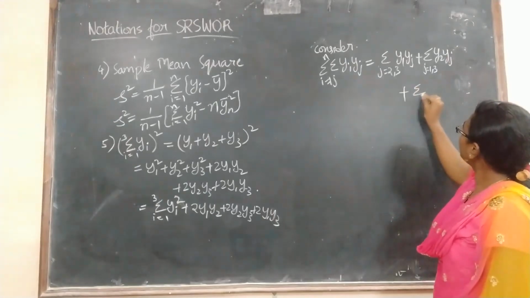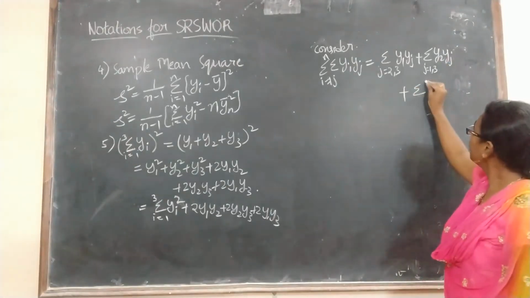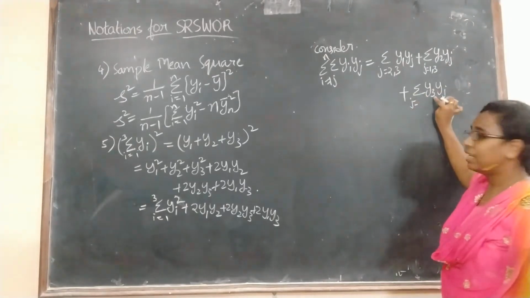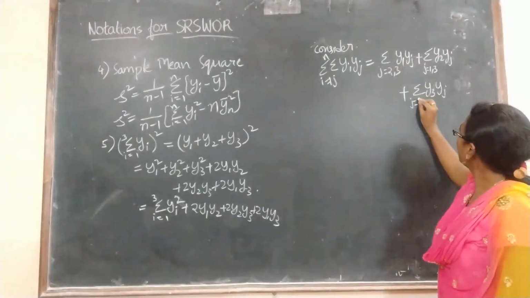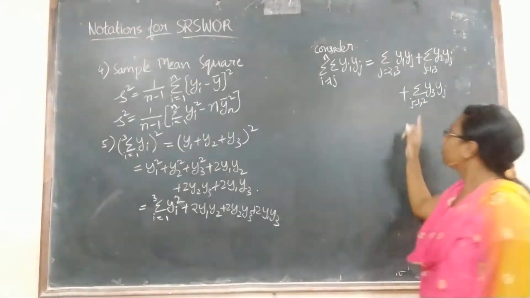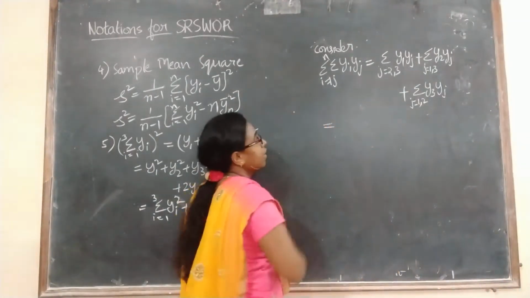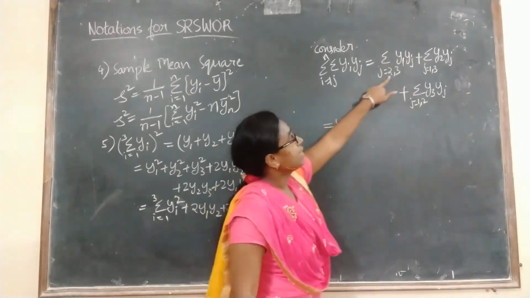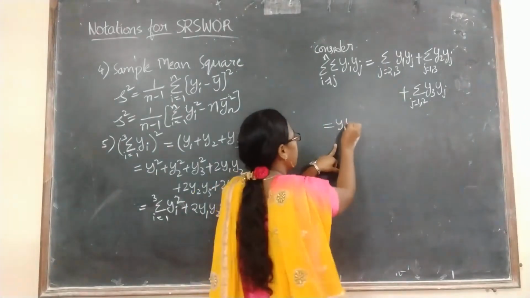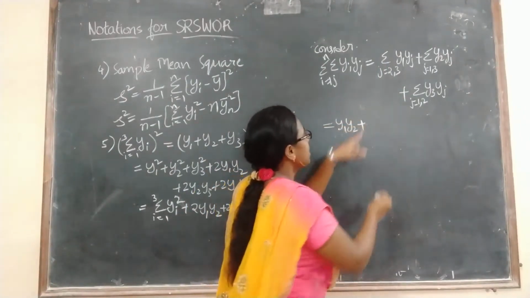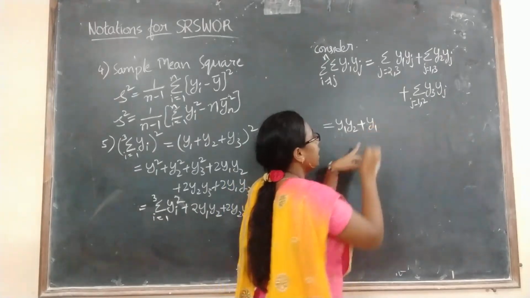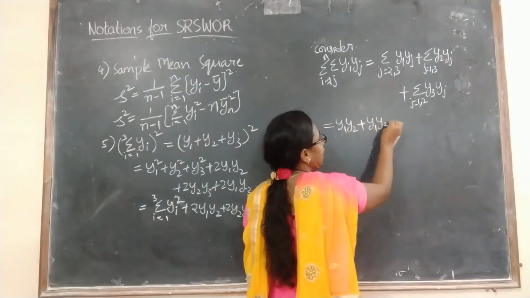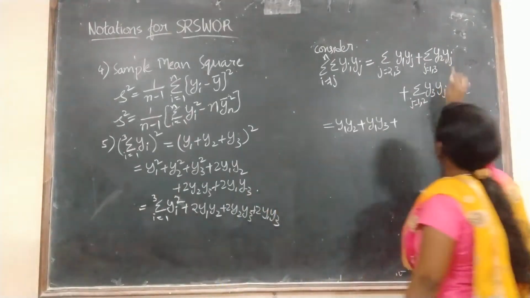Plus summation. y2 is finished. So you will write y3, yj, where j equals, here 3 we have already written, so you will write 1, 2. So if you expand this one, what you will get here? Apply the summation. y1 as it is. Next to j value, what you are writing? y2. So y1 y2 plus, summation means you will do addition, right? So y1, next j value is 3. So y1 y3 plus next value also as it is.